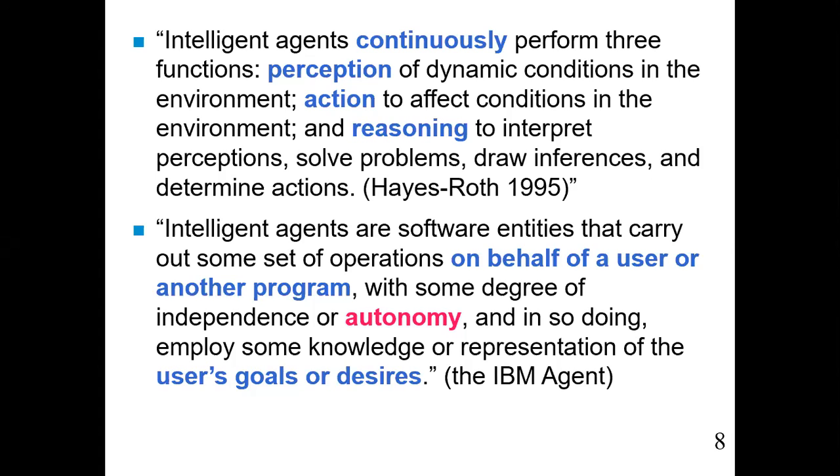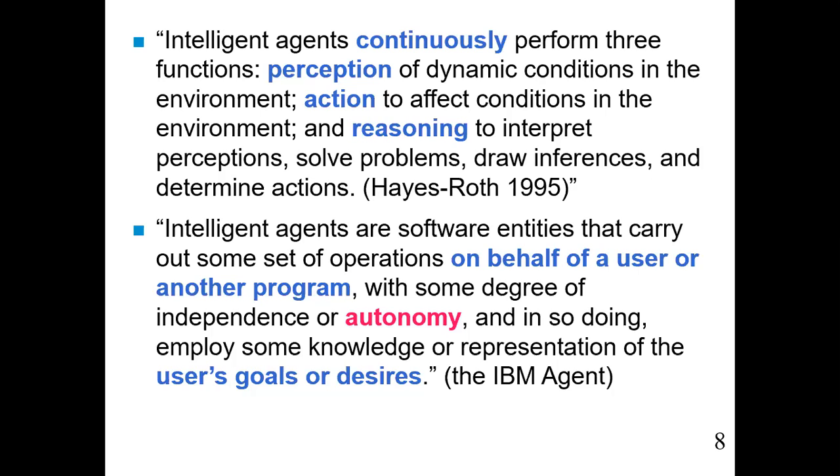So it's very difficult. When it comes to coding, when you try to develop the system, we might have some elements of intelligence, but it is what we call impossible. But by the time people do research, it will develop, and it becomes intelligent. Okay, according to the IBM agent, intelligent agents are software entities that carry out some set of